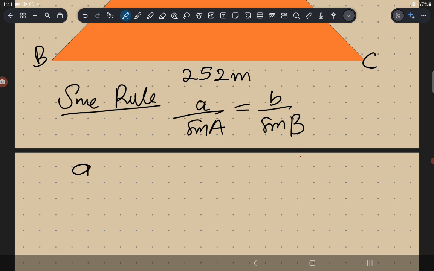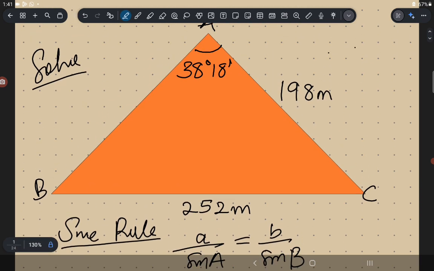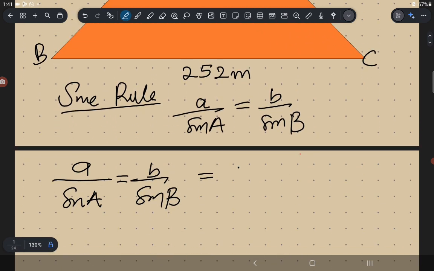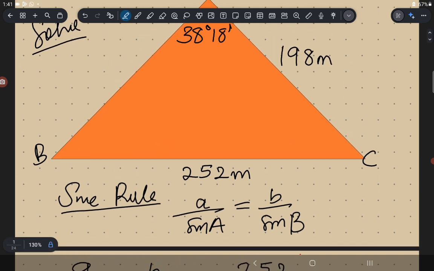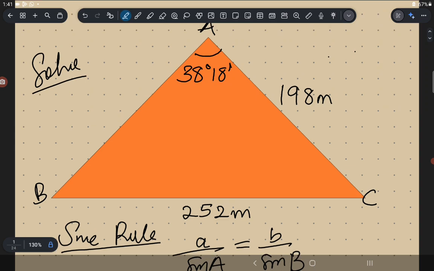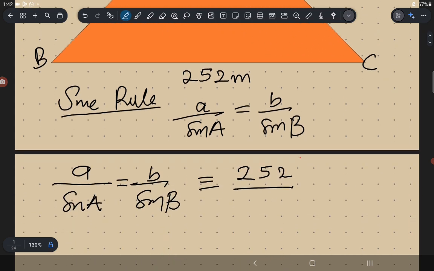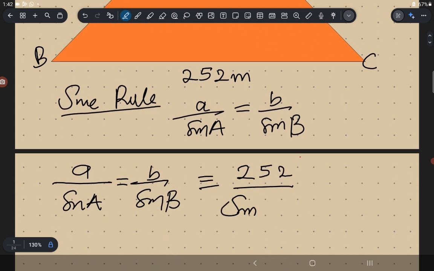a over sine A is equal to b over sine B. So we need to write it in the form like, let's trace a. Our small a is 252. 252 to divide the sine of the angle that faces side a. It is what we call the angle A, which is sine 38 degrees 18 minutes,